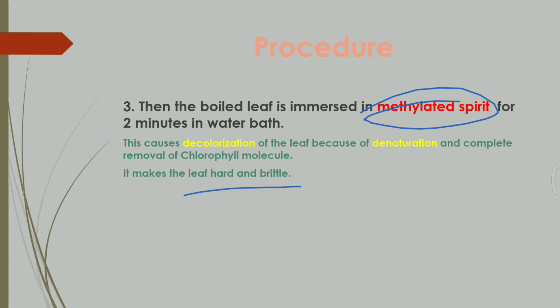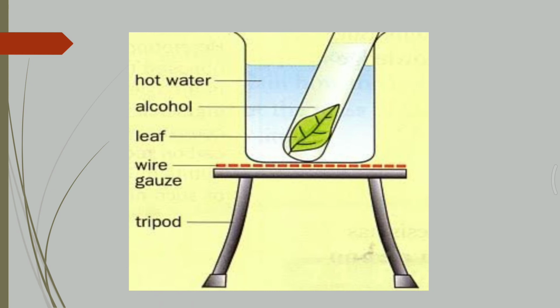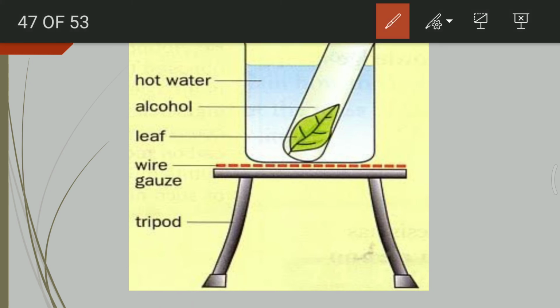After this procedure, you can just see the entire setup. I hope till now you all understand what is the meaning of water bath. Water bath means not directly heating any substance, putting it in water, or placing a beaker filled with water and letting the water boil, and then placing another beaker which has the substance which you want to heat within it, so that direct flame is not falling on it.